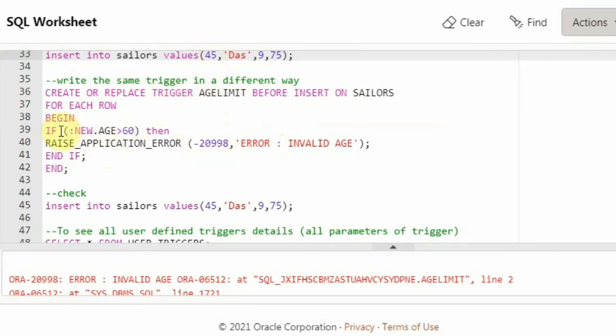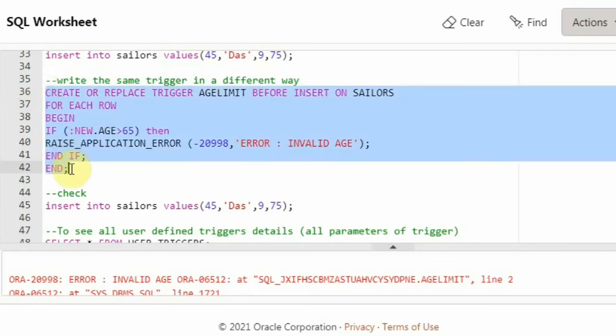Now here I am saying if age is greater than 65, then raise application error, and this is what I am writing. Whatever you want you can write here, in the single quotes you can write whatever you want. And then end if and end over here. So let me create the trigger.